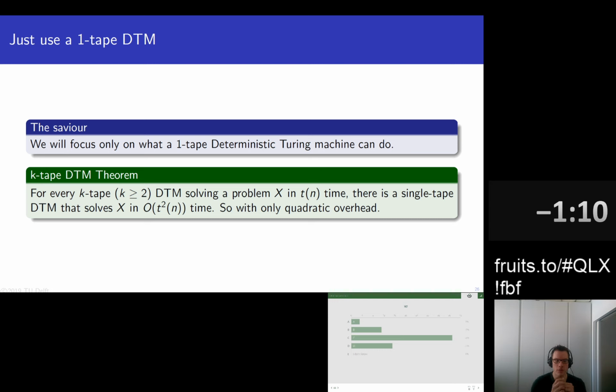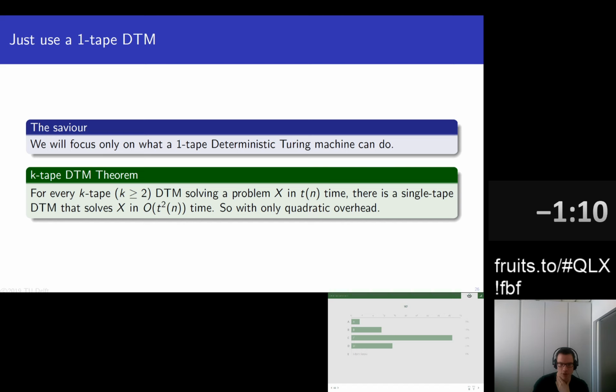So this is already where we see a first distinction, right? k-tape machines are indeed a bit more powerful in terms of speed, not in terms of what problems they can solve, but they are a bit more powerful in how fast they can solve them. But a single tape Turing machine only requires quadratic overhead. And someone took that idea